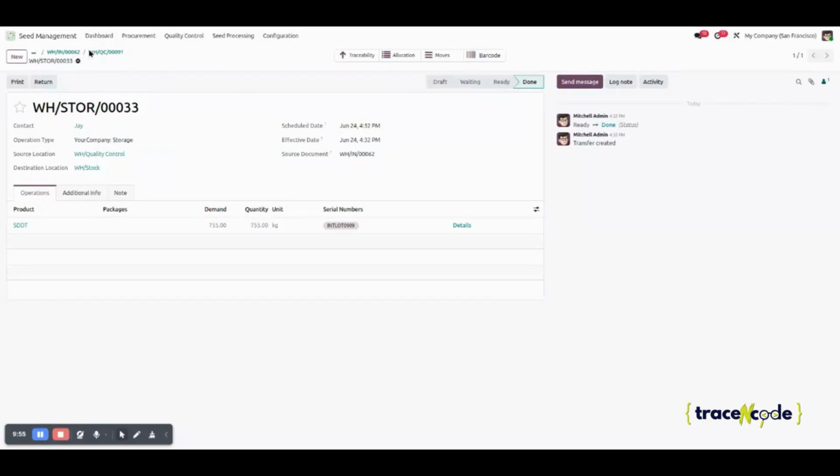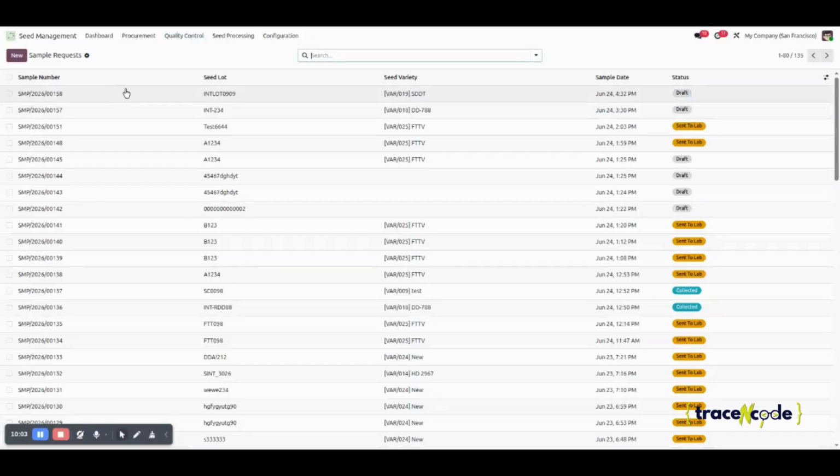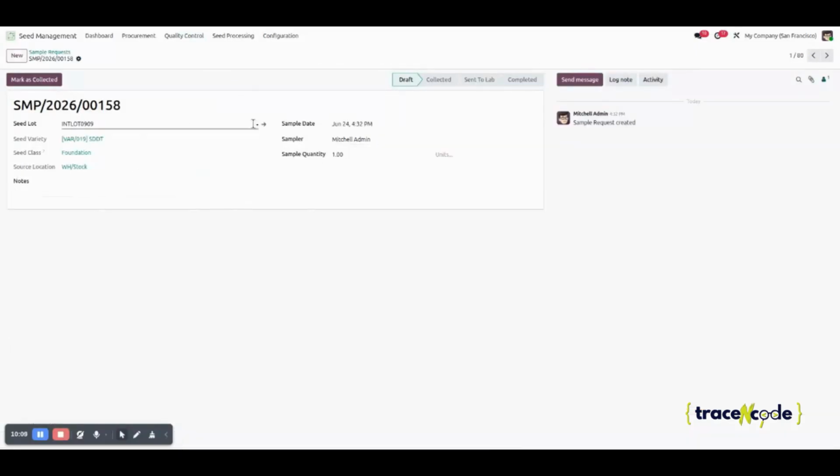Once the receipt is completed, the QC officer comes in, and here after intake, a sampling request is auto created. Here the QC manager assigns how much sample quantity the user has to pick from the lot location for the sampling and the testing. I have here 5 kg of the quantity for the sampling,